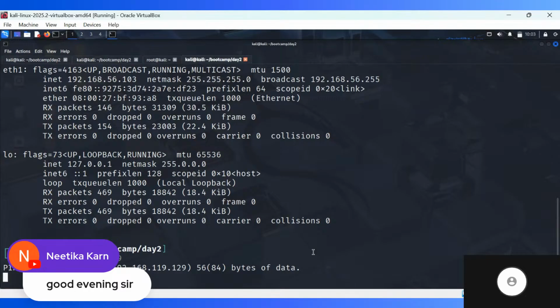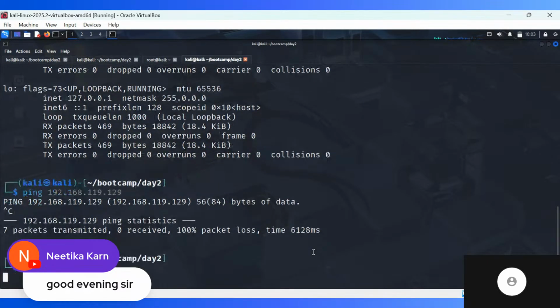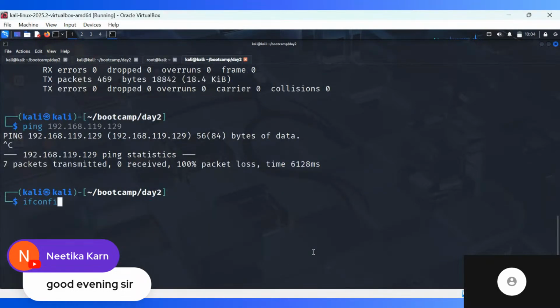We are unable to ping, but if we are unable to ping a machine, all Windows machines also have this. You can't ping them. So then Nmap has a facility which lets you still see if the host is up. To check if the host is up, we type nmap -Pn. This is how you ping devices which have firewalls enabled that they cannot be pinged.